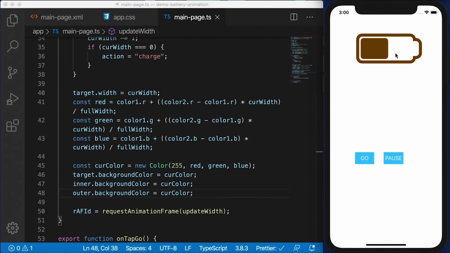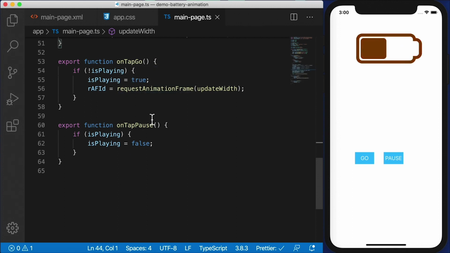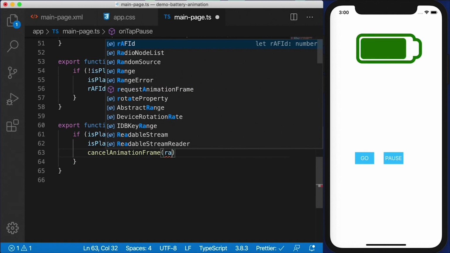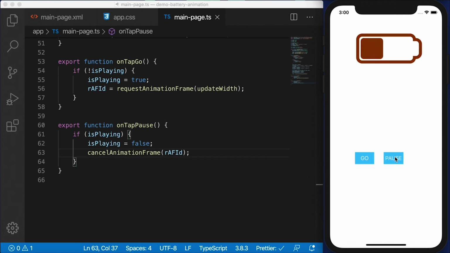That's color updating. There's only one more thing left to do, and that's to implement this pause button. We're going to use the same API that was implemented with the requestAnimationFrame, and this one's called cancelAnimationFrame. So I'm going to say cancelAnimationFrame, but I need to pass in that RAF ID. When I save this and restart, we can press go here and then pause and then go again and then pause and then go again and then pause. So you can see that